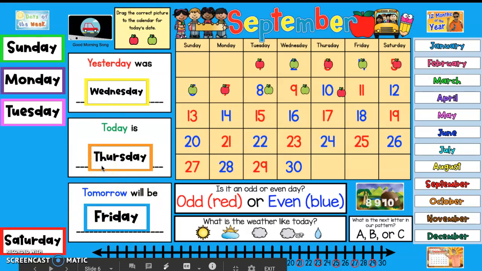Great. Let's look at our calendar. So how many days have we been in the month? Do you remember what month we're in? It starts with the S sound, remember? Which one of these has the S sound at the beginning? September. Good. So we are in the month of September. So let's take a look at our calendar for September, and we already counted the first day. We know that there are 30 days because this is the number 30 in the month of September.